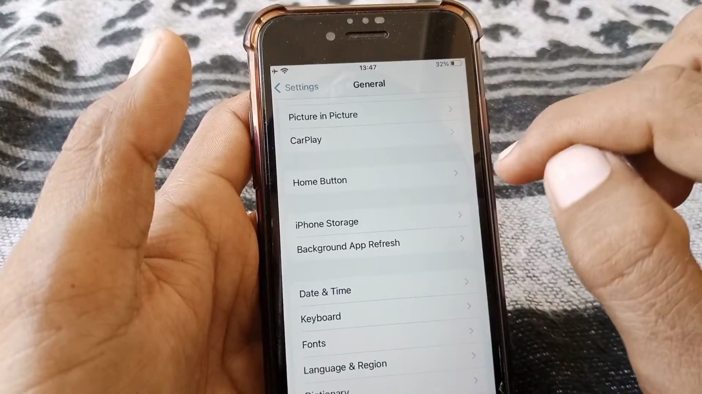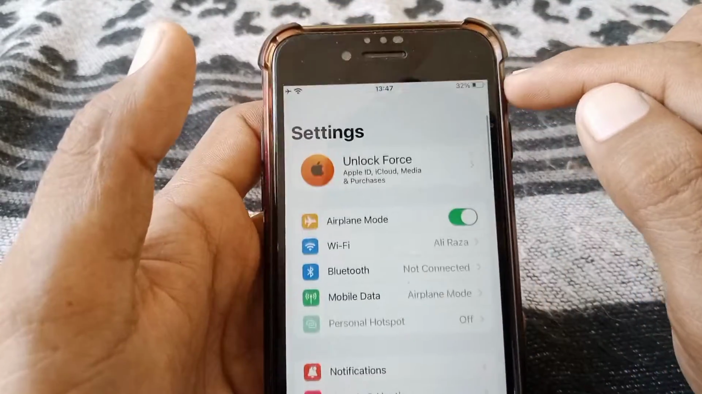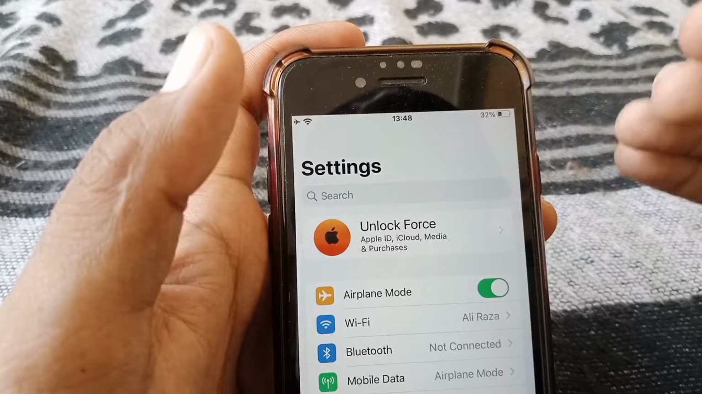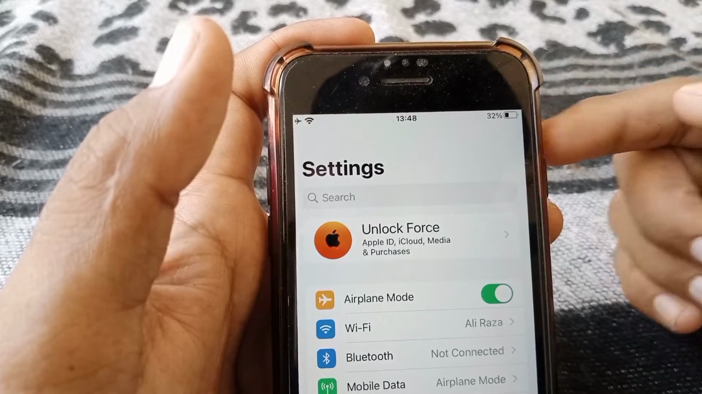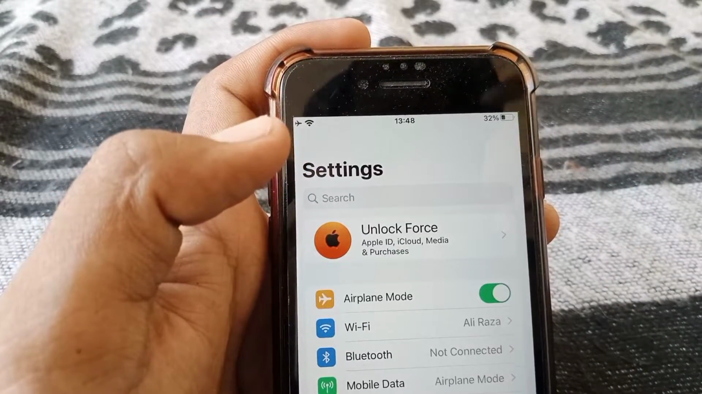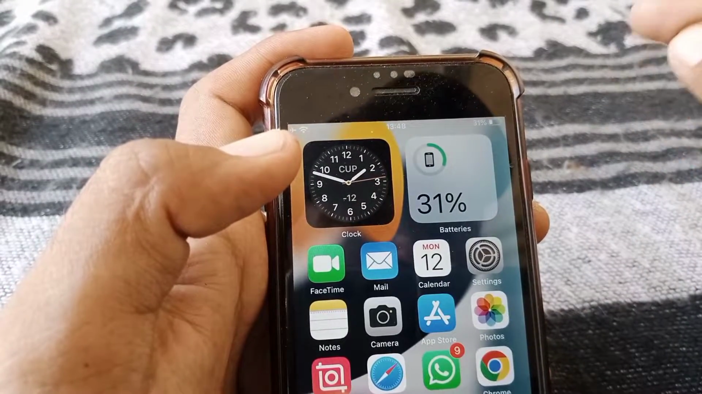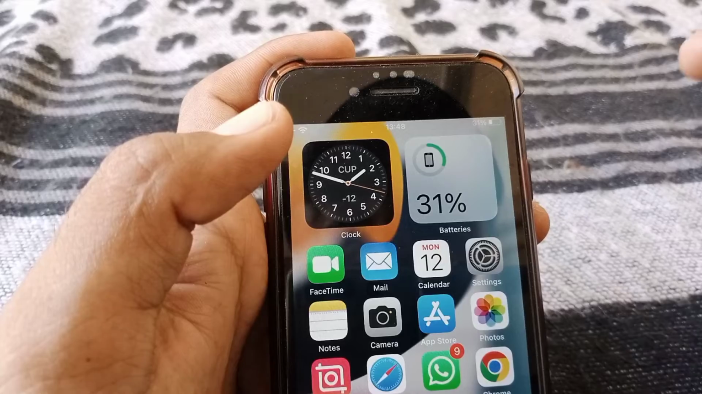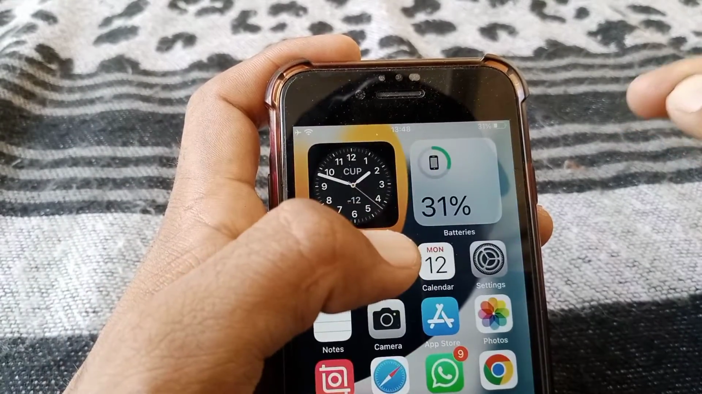And after that what you need to do is just simply go back from here, and after that make sure that your battery is above 50%. So you have to make sure that your battery is above 50%. And after that what you need to do is just simply close this page, and firstly you have to restart your device. I mean, you have to refresh it, and then what you need to do is just simply download